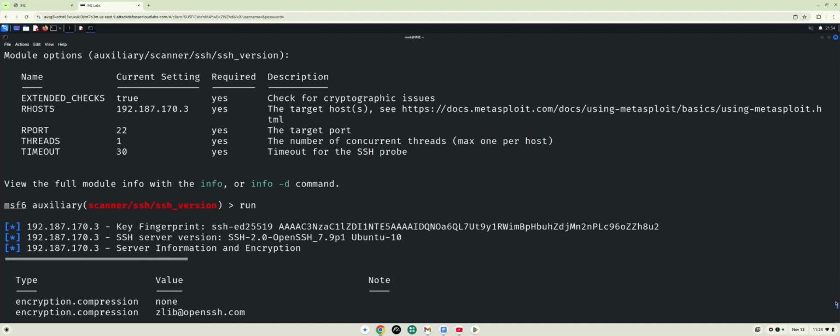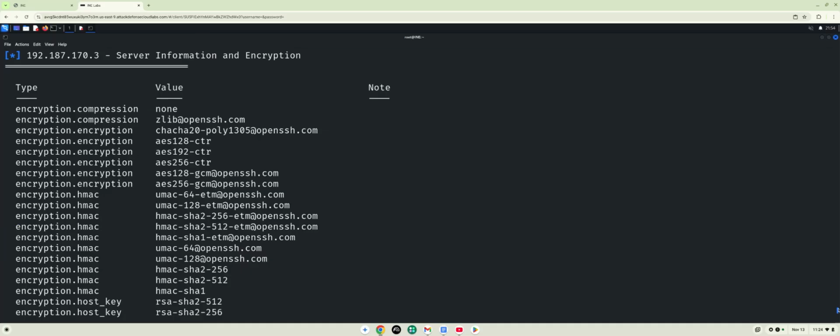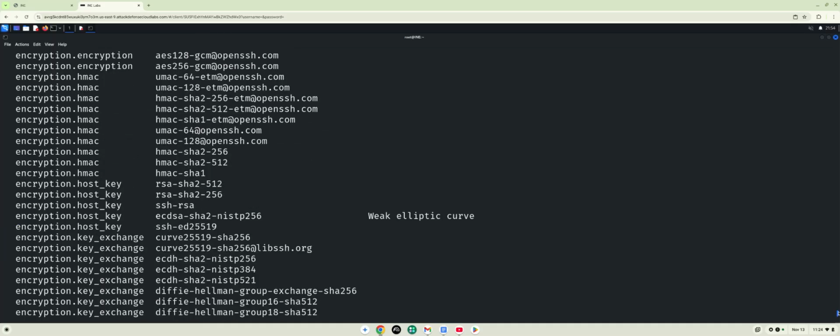Scroll down a little bit more. Okay, so it's giving me basically the security key information. All right, and then I can see the version here. All right, and then it's listing different types of encryption mechanisms here, and it even tells me which encryption mechanism is a weak elliptical curve